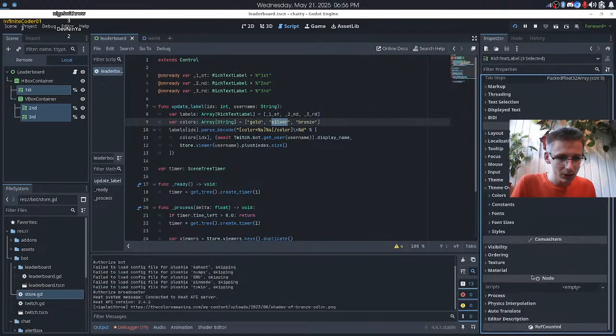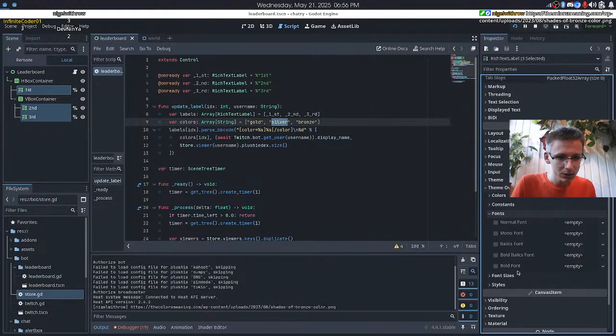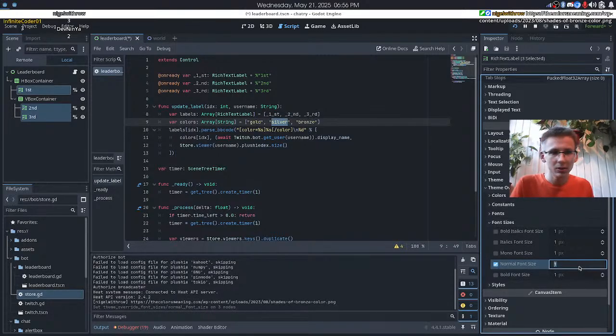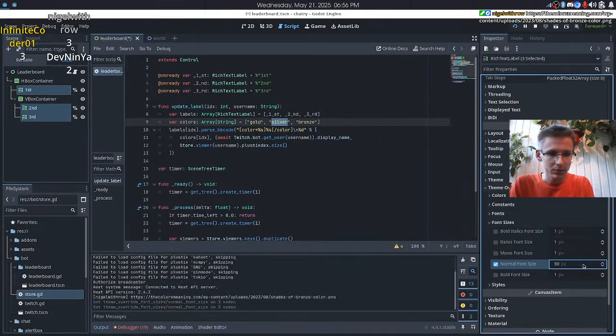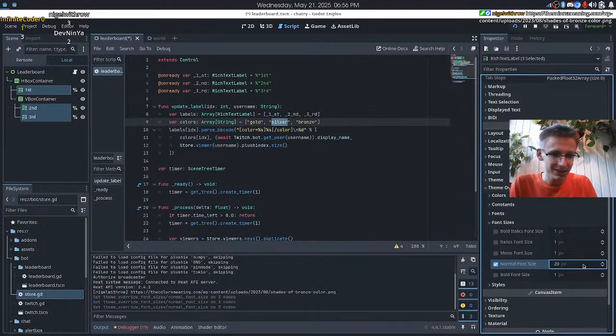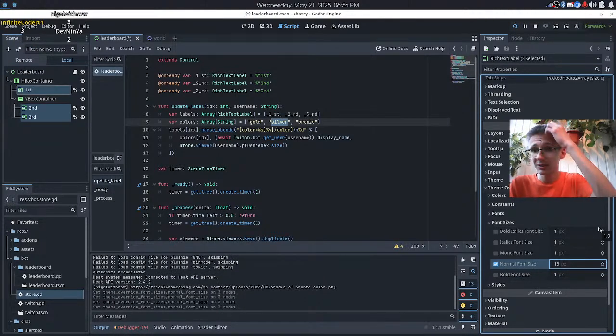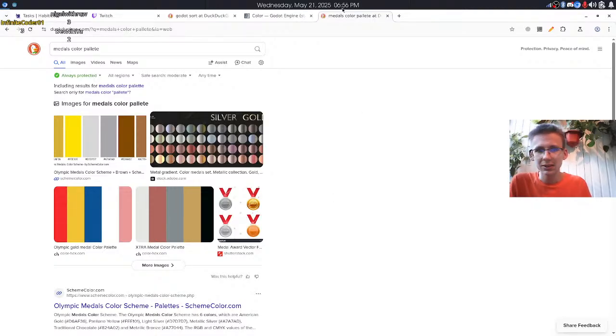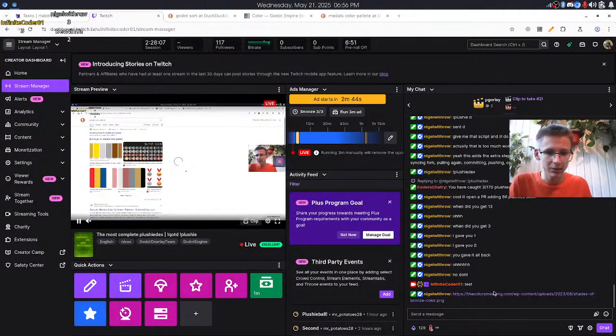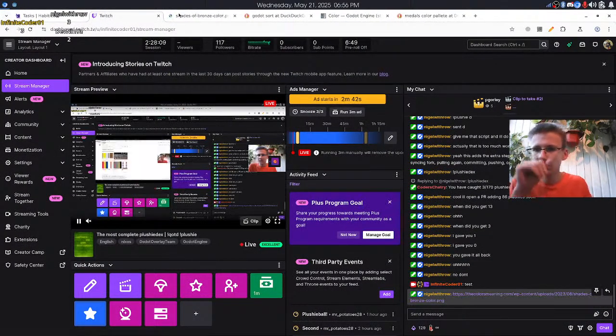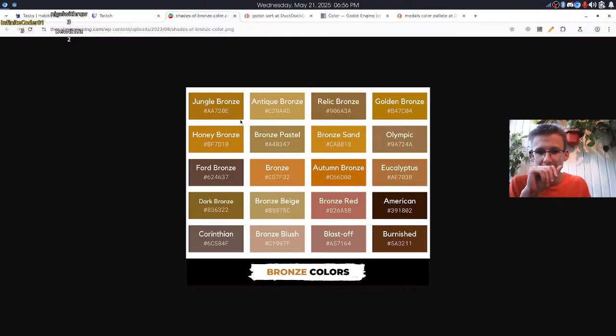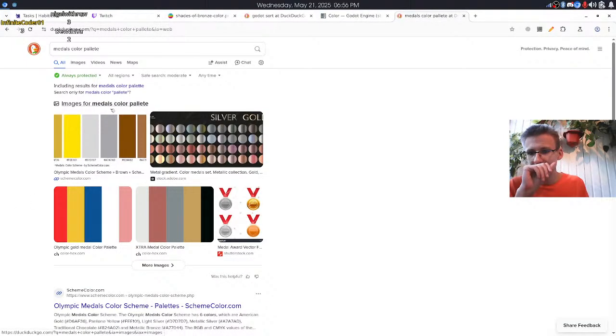Theme overrides fonts, font sizes. Okay, let me. 30 is a bit too high. 20, 18, something like that. I'd rather probably pick